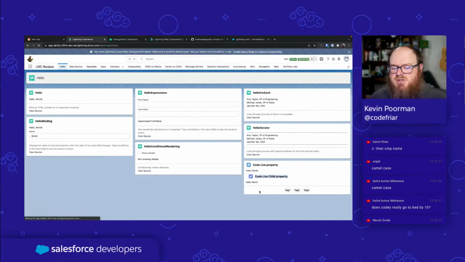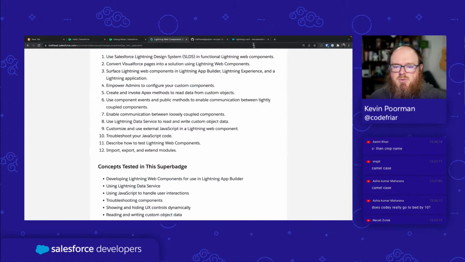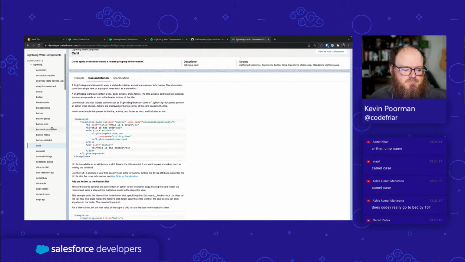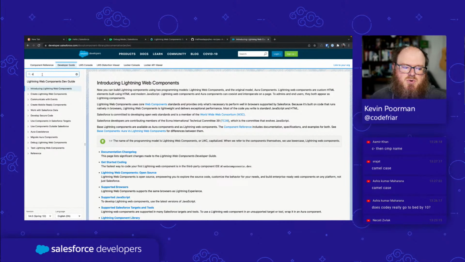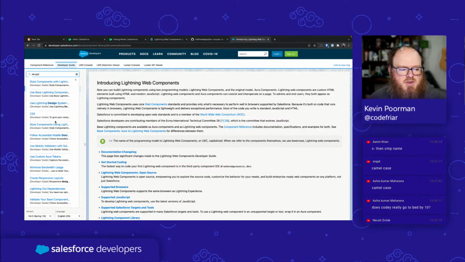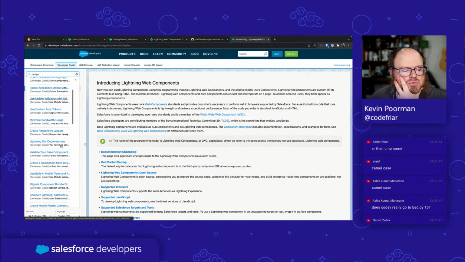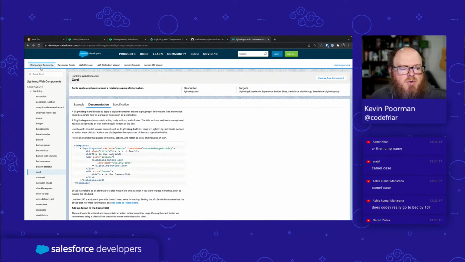Let's look at this. Make sure it's even prettier than it was before. There we go. We've got that formatted. It says hello viewers. I'm liking this. Now let us go through and make this show up with. We can change this hello viewers to be a design side or app builder configurable section. So to do that, I'm going to look at our Lightning Web Component documentation, and I'm going to scroll up here. I'm going to go to the developer guide. I'm going to search for design. I think that's what they're called. Actually, I want the